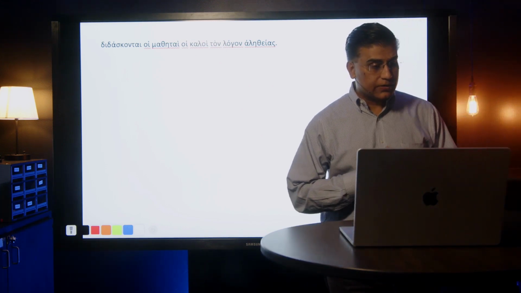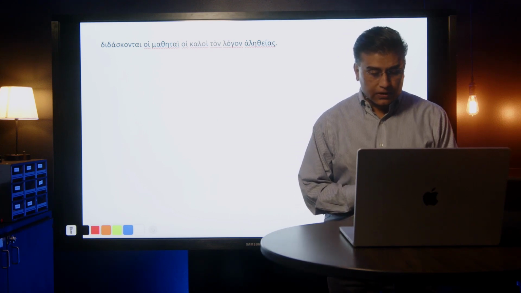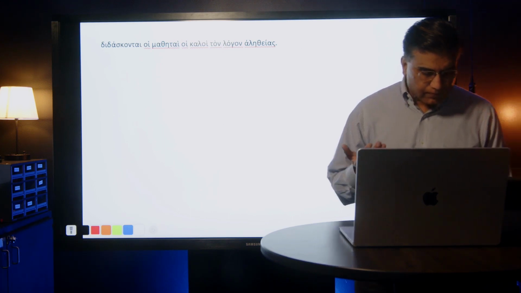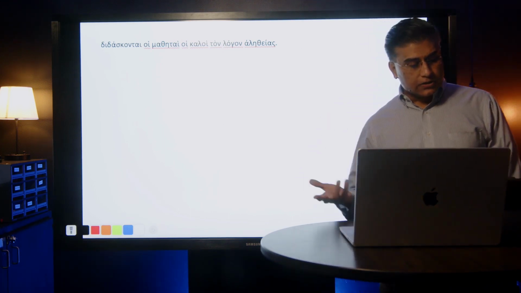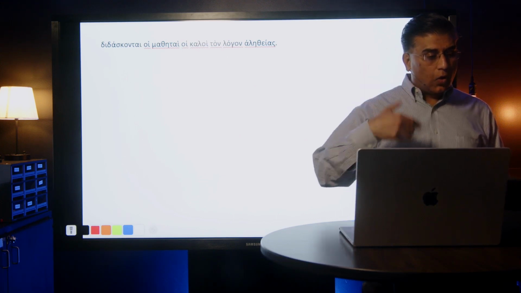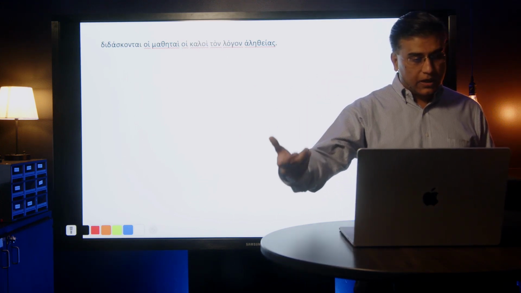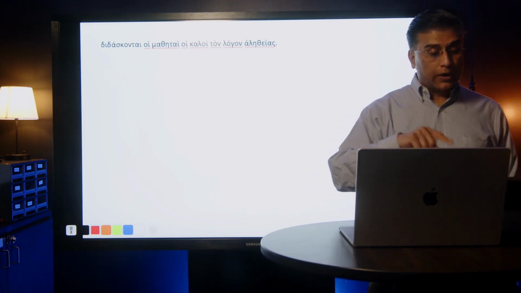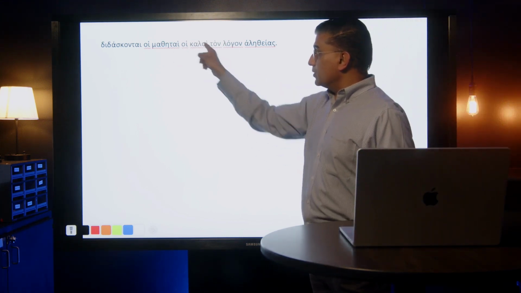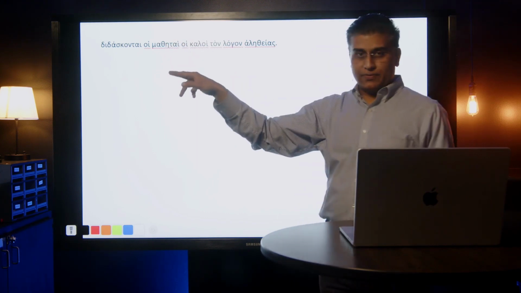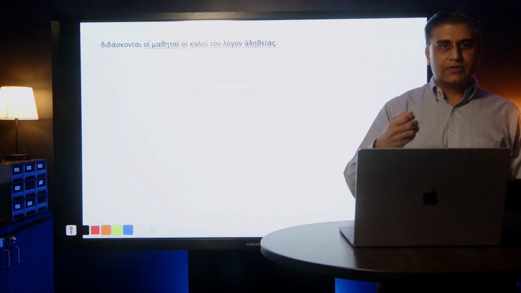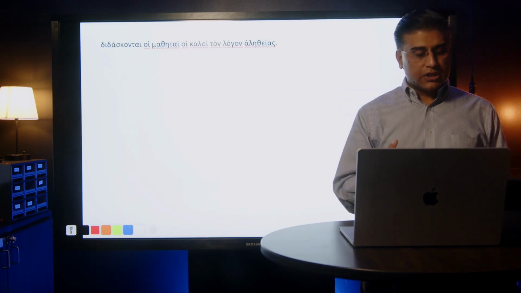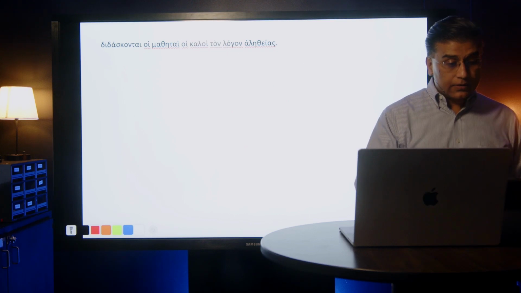Again, we're dealing with the passive here, and I don't think it's in this one, but didaskalos. But didaskontai, hoi mathetai, the disciples, hoi kaloi, the good ones, or the good disciples. The good disciples,